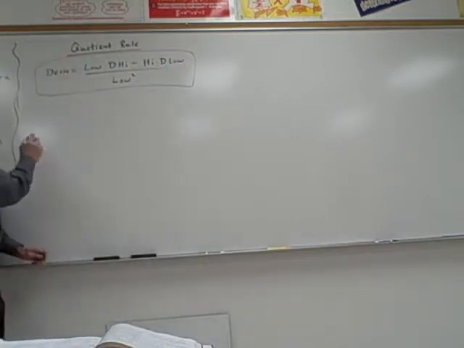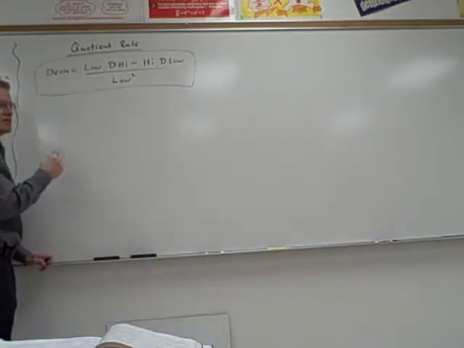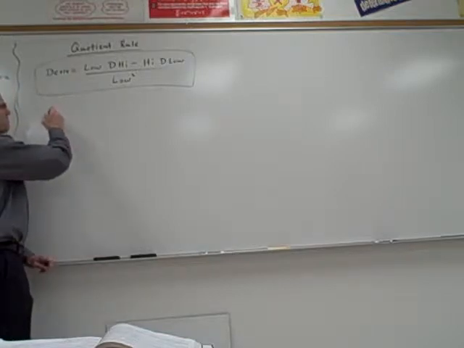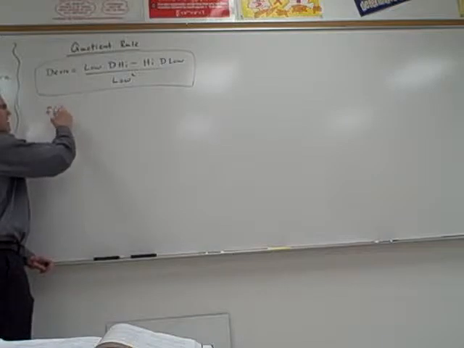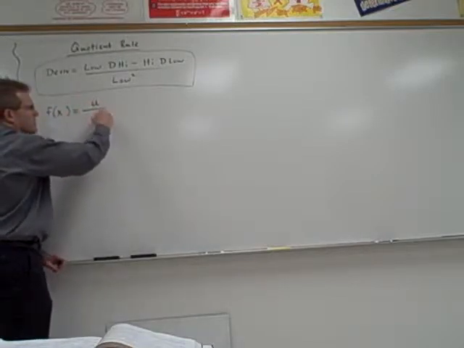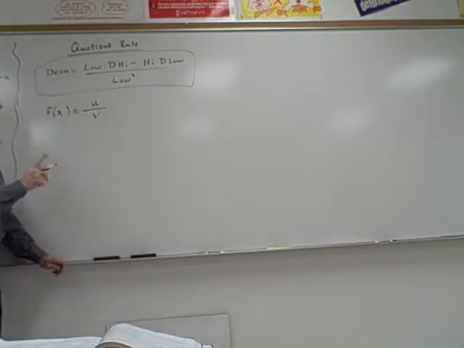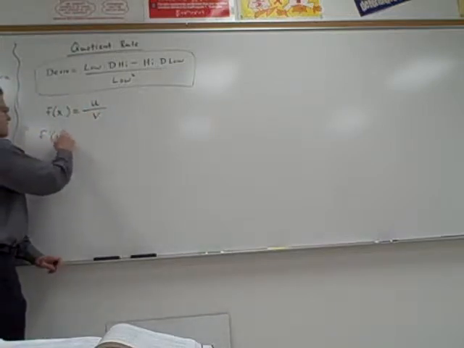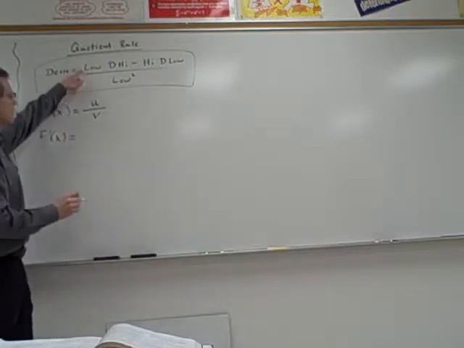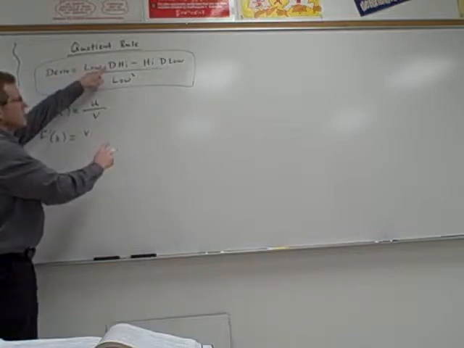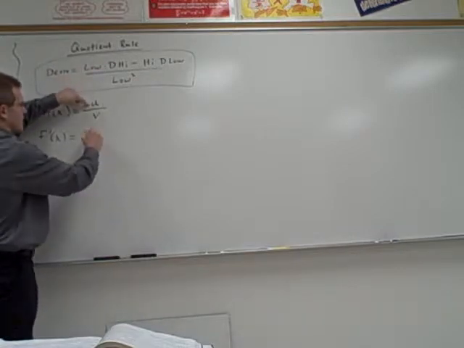Now let's write it out in symbols so you can see the symbolic way that you see it in your textbook. Let's say that f of x equals some expression u divided by some expression v. That's when you're going to use the quotient rule. So f prime of x is low, which is v. Low just means the denominator, times d high, which means the derivative of the numerator,